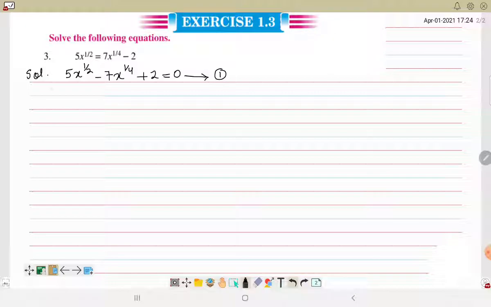Now we'll do some substitution. ठीक है, हमने क्या करना है, सब्सिट्यूट करना है. Let's say y is equal to x raised to power 1/4. Again we'll take the square, so it will become y square that is equal to, this will cancel 1/2. देखिए, हमने एक ही सब्स्टिट्यूशन में से x की दोनों वैल्यूज़ निकाल ली. हमने जहाँ जहाँ पे इक्वेशन में x आ रहा होगा वहाँ वहाँ पे हमने सब्स्टिट्यूट करना होगा. ठीक है, पूरी इक्वेशन या x में होगी या पूरी इक्वेशन y में होगी.